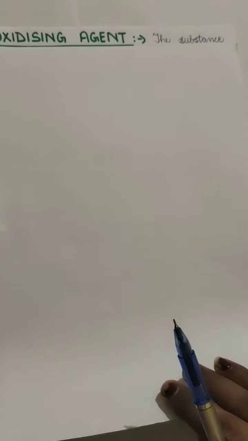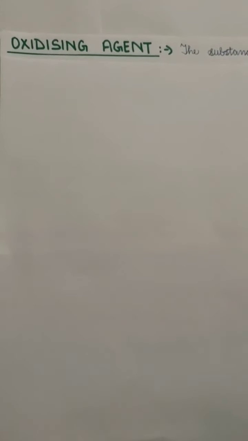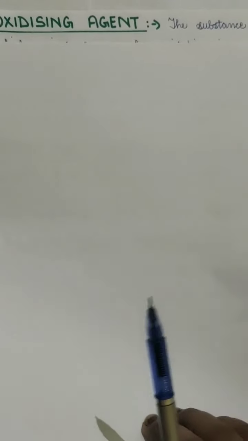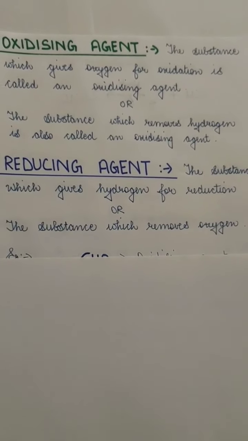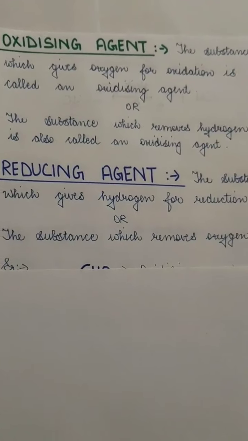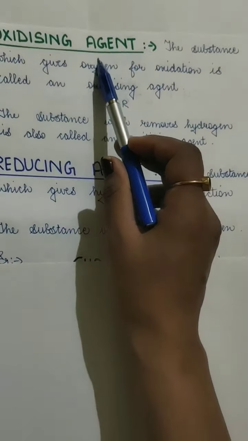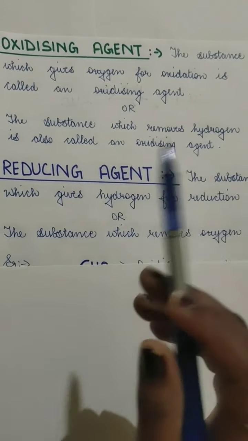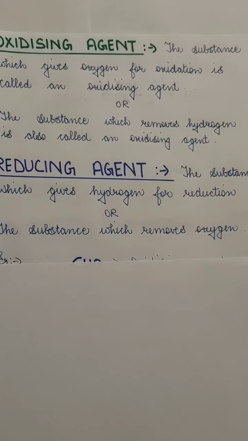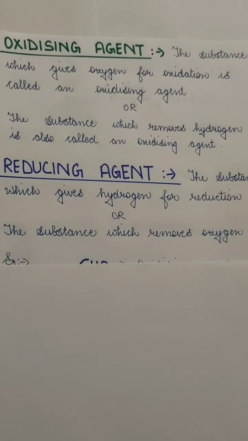Oxidizing agent. Now after learning about oxidation and reduction, these few things are very important for you to understand: the oxidizing agent and the reducing agent. Oxidizing agents are those compounds which help the reaction to undergo oxidation. That means oxidizing agents will be reducing themselves. I think you are not getting it right now, but I will tell you with a few examples. So for now, please go through the definition and I will explain more further.